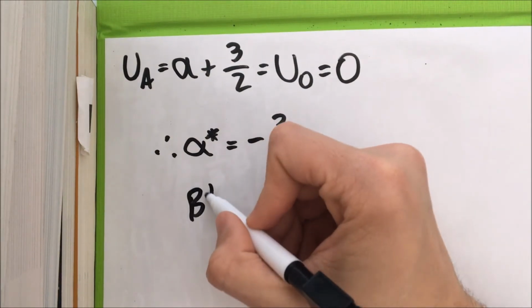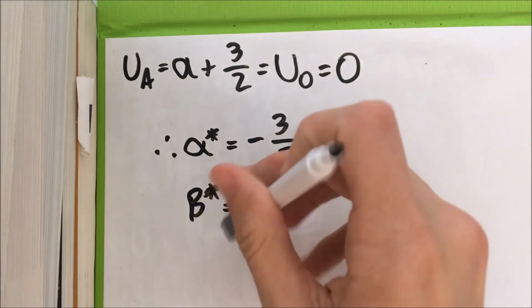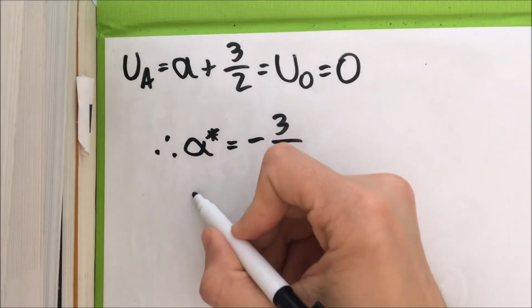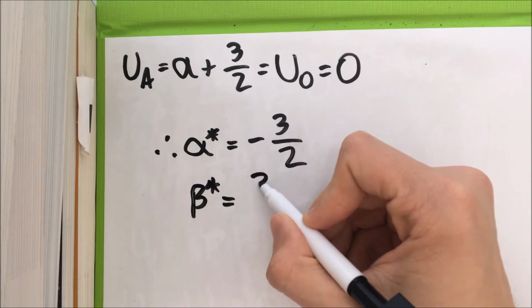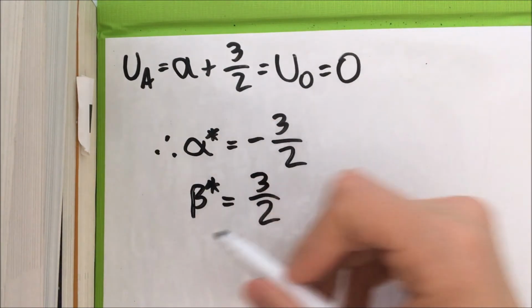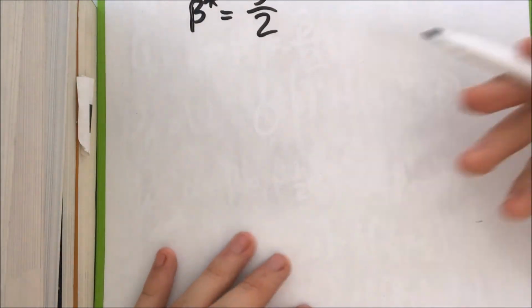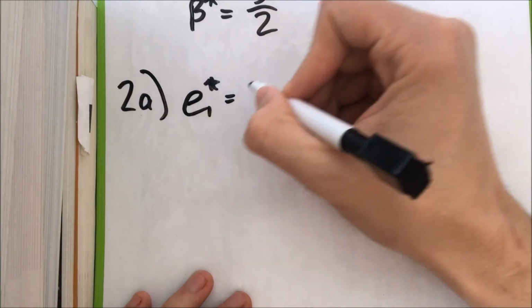And we put that together with the maximum bonus incentive, to maximize the principal's utility, which was 3 on 2. And these are the fixed incentive and the bonus incentive that the principal will pay the agent to maximize the principal's utility. So the answers were, for 2A, the agent will put in